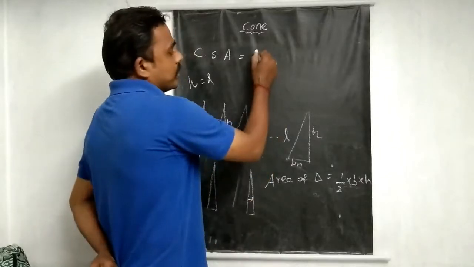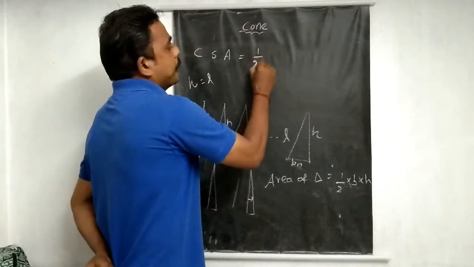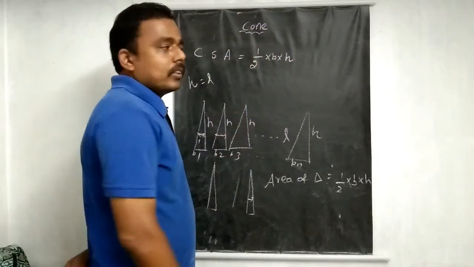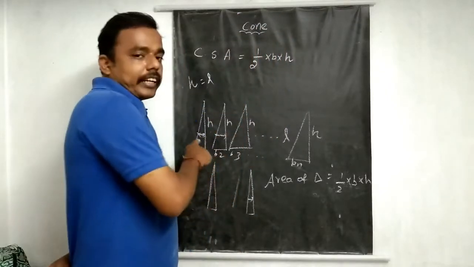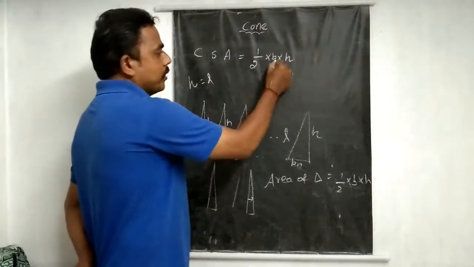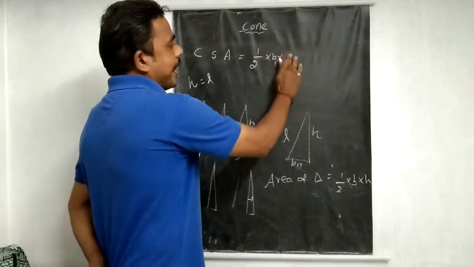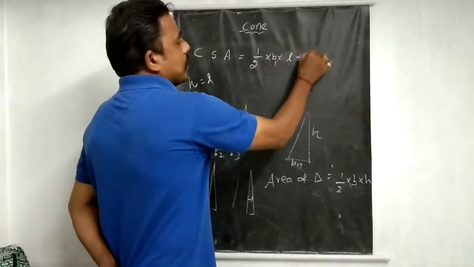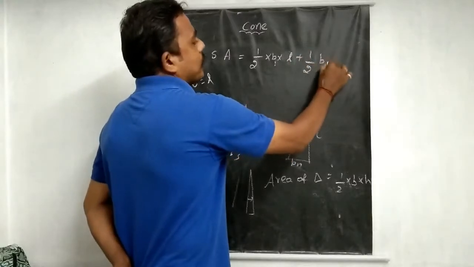Now for this triangle, 1 by 2 base into height. This is the first triangle. So base 1, and the height looks like the slant height. Then plus 1 by 2 for the second triangle, so base 2 into